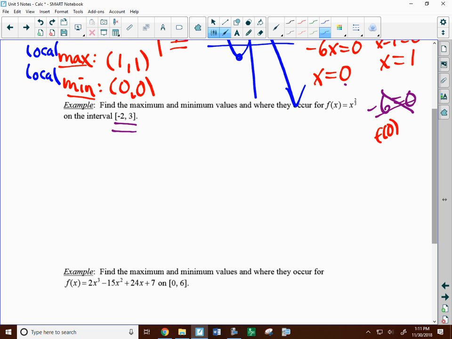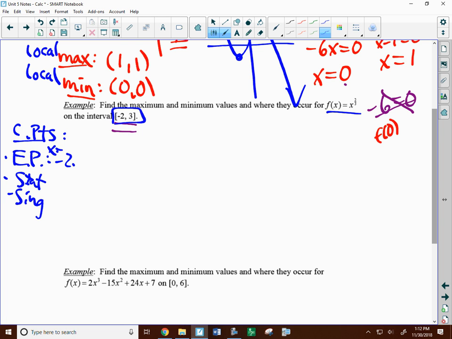So first thing about number 2, same question, different function. Here's the new thing. It's on a closed interval. So what that means for our critical points is we will have endpoints. That's on an x interval, from x being -2 to x being 3. So I'm just going to put x equals -2 to x equals 3. Those are